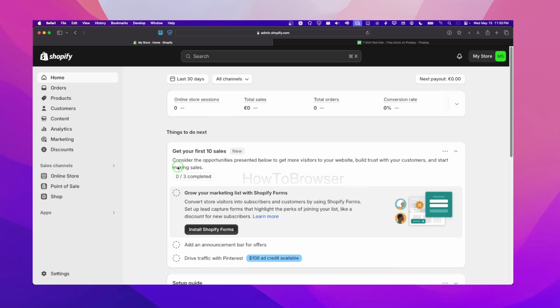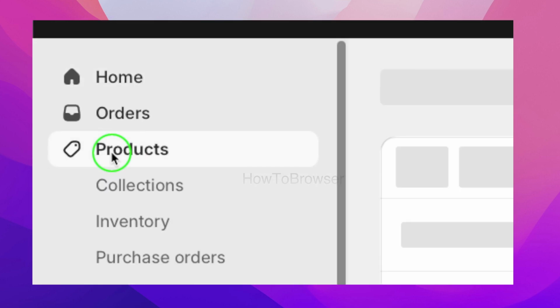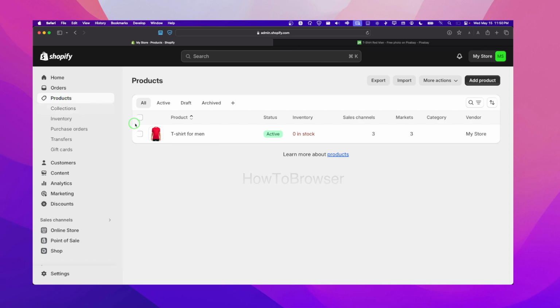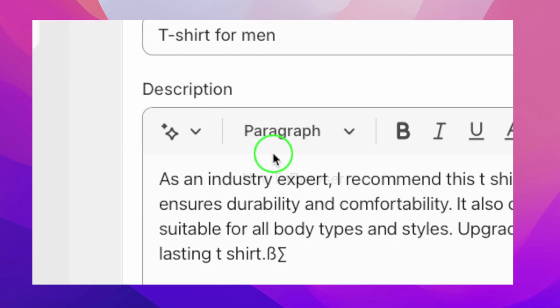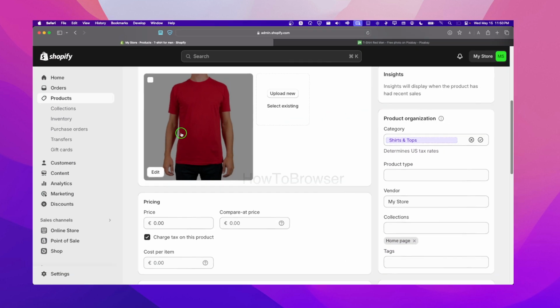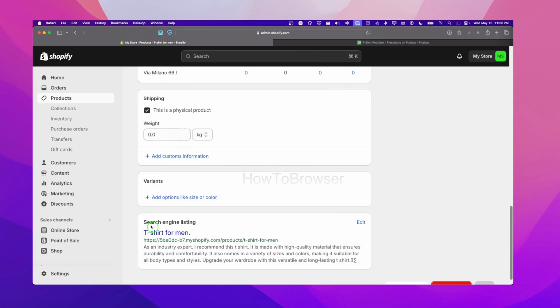So you're gonna have to go to, we have to click on product here. So let's click on product. And then here we have a product. Now click on the product here and just scroll a little bit down here and we're gonna see here search